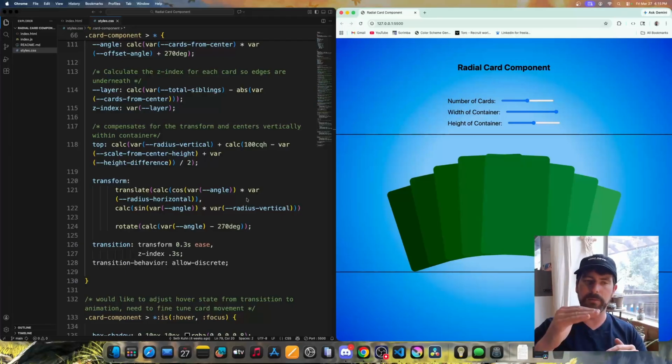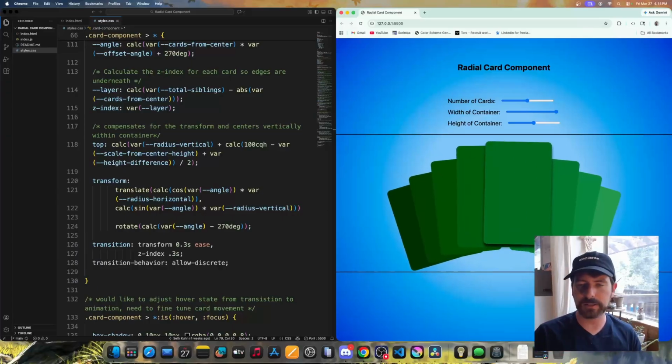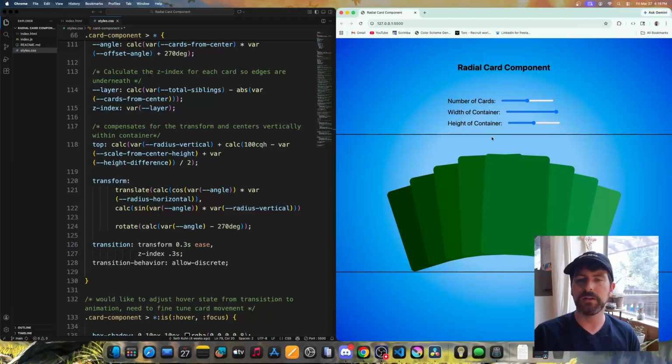Now I move them up to the edge of that circle. You say, well, if it's at the center of this container and you move it up, what's happening? I also have this top calculation here. What I'm doing in this is taking a lot of the different variables that I have, the different card heights,